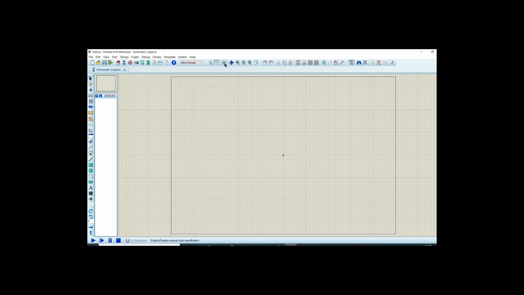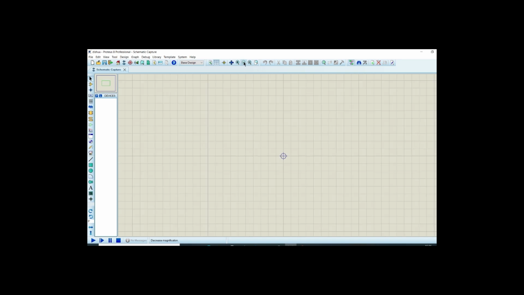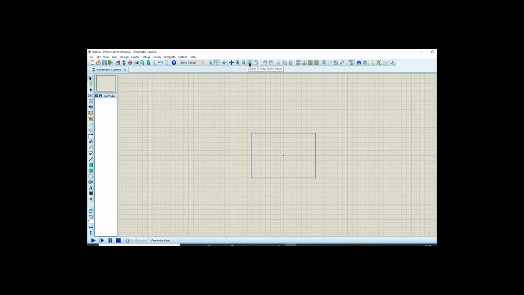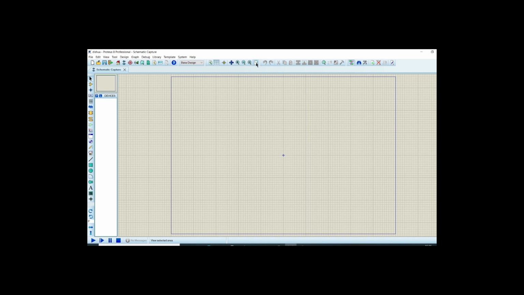Suppose you have made any component, putting this axis, you can rotate this component along with this axis. This is the center at cursor. Here you can zoom in, and here you can zoom out. You can view the entire sheet here, or you can zoom one particular area like that. Now only one sheet is present. You can also add some new sheets by clicking it here. Now there are two sheets, right?